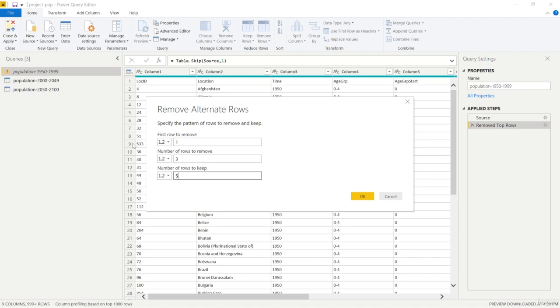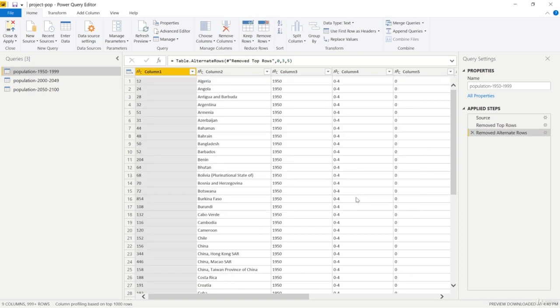And then we will again remove 1, 2, 3 rows. Then we will keep 5 rows and so on. Let's see if this works by pressing OK. And as you can see, now we only have 12 until 51, and then we have 31 until 52, and so on. And if I undo this last step right here in our applied steps column by clicking onto this